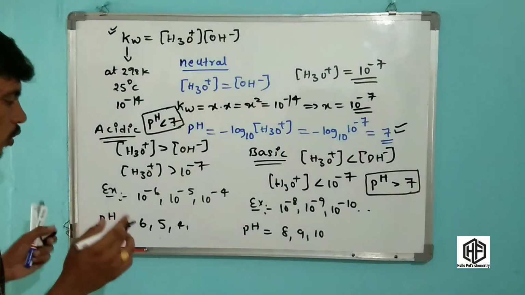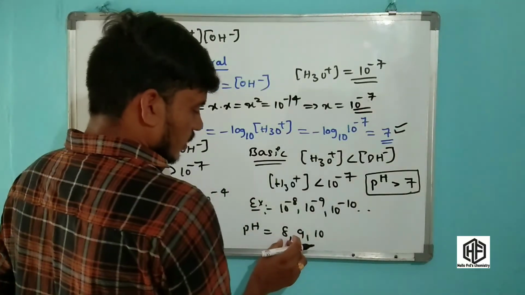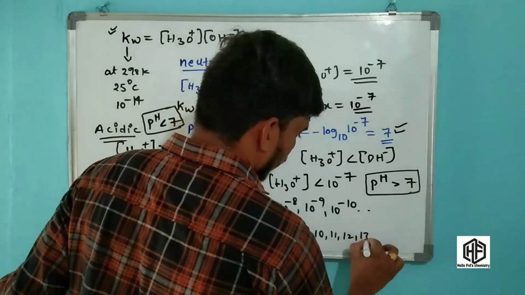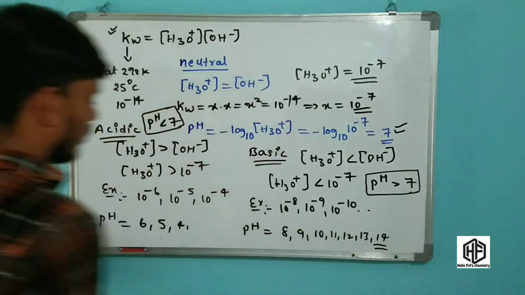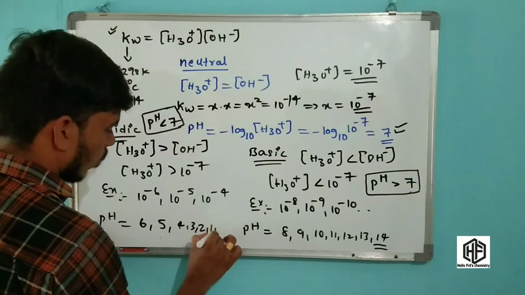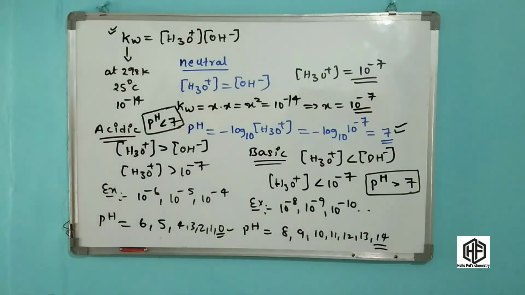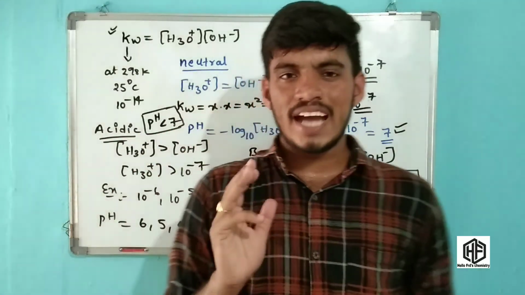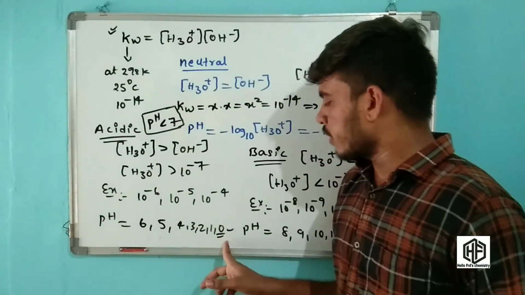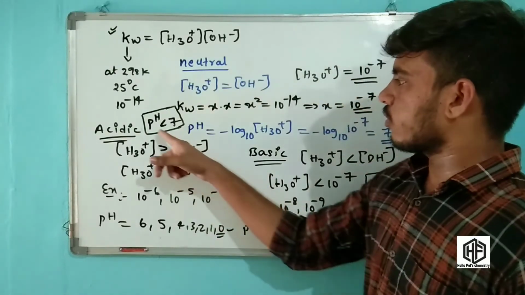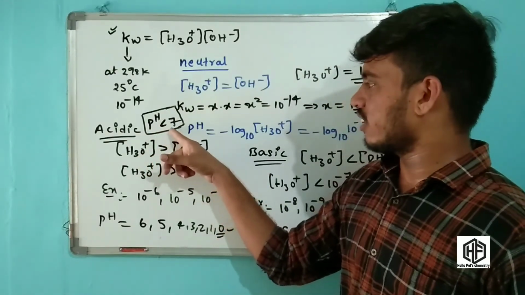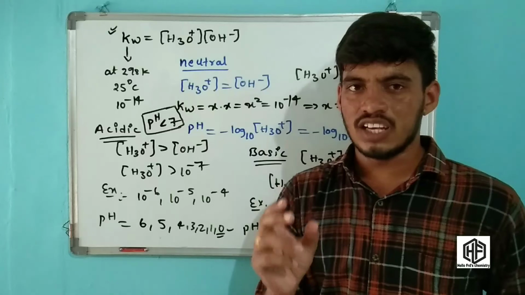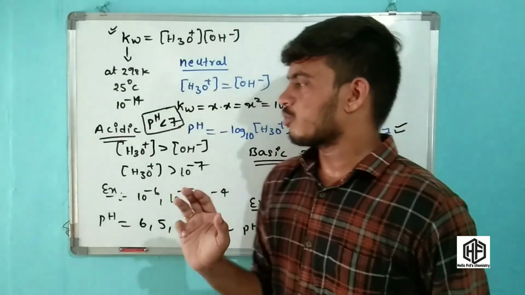This is the concept. Now the pH values go 8, 9, 10, 11, 12, 13, 14. 14 is the maximum pH value, and on the other side 3, 2, 1, 0. 0 is the minimum pH value. Friends, this is the concept of pH. The maximum pH value is 14, the minimum pH value is 0, the acidic solution pH value is less than 7, the basic solution pH value is greater than 7, and the neutral solution pH value is 7. This is the concept of the